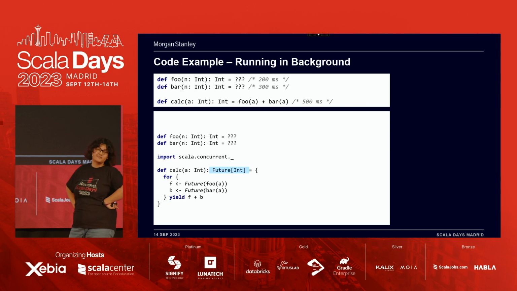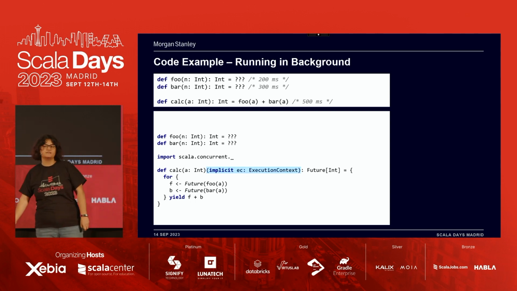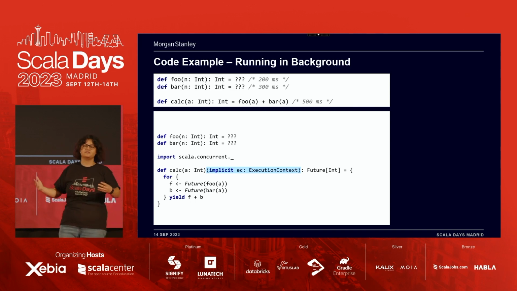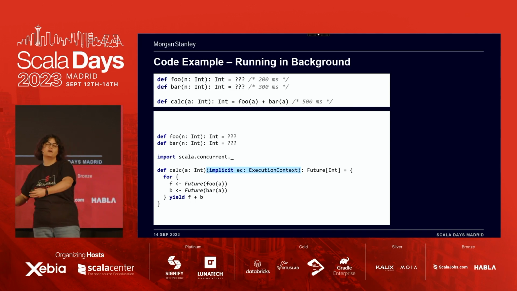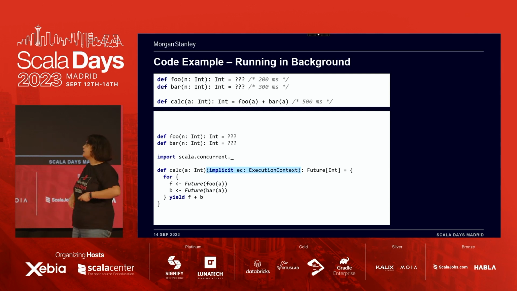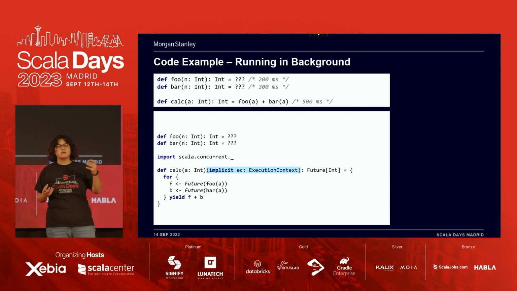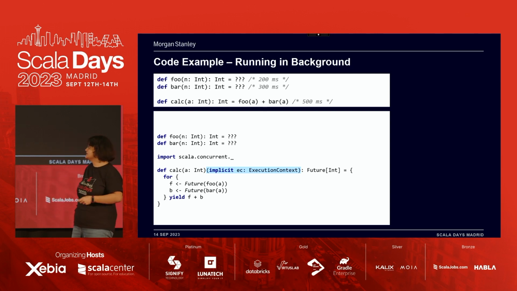And this works, right? Well, no, because then the compiler tells us that it needs an execution context. This is just the information of what thread pool is going to be used to run our function. So this is great. Now things are running in the background, but they're not really running in parallel, right? The way a future works is that as soon as I initialize my future, that's when my execution is going to be ready to be executed.